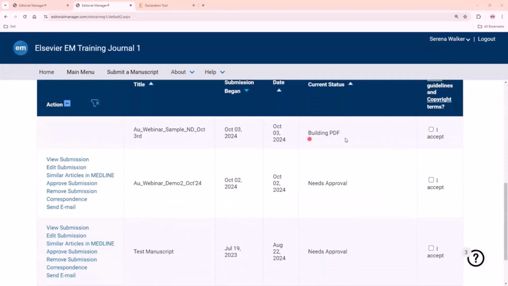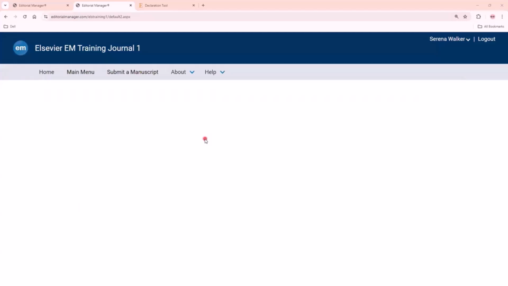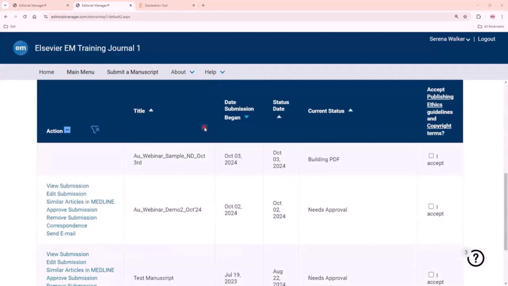Now my PDF is getting built. This is the title. And before I proceed further, there is an open access publishing option also, which is not configured currently in this particular training site. Some journals do encourage authors to view and select the appropriate open access publishing options during the submission itself. So please make sure you look into all that information, choose the right option, and then proceed. At this point, your build PDF might take a little bit of time depending on the file size.